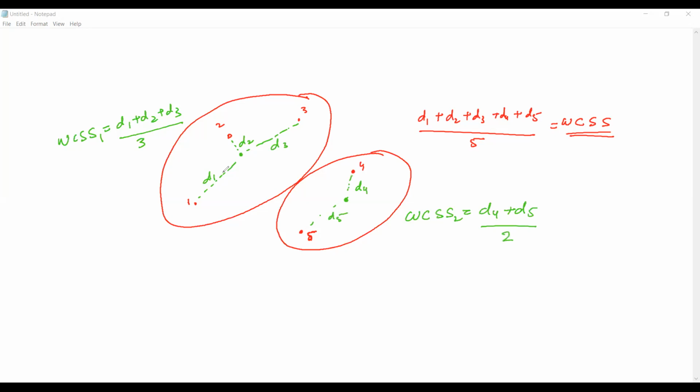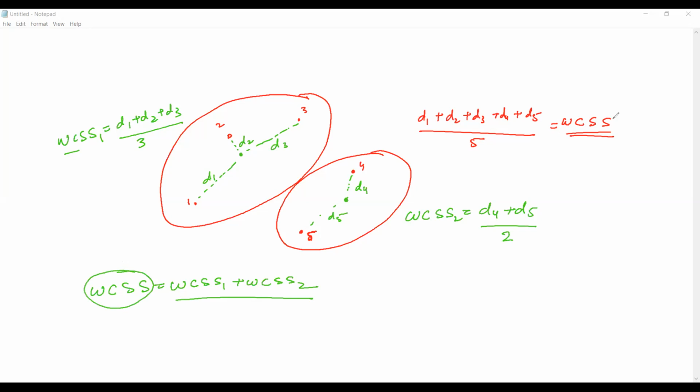So for 2 clusters, we got 2 values, WCSS1, WCSS2. So the final WCSS is WCSS1 plus WCSS2, because first we calculate for each cluster, then we sum all the values together. So that is your final WCSS in our second case.